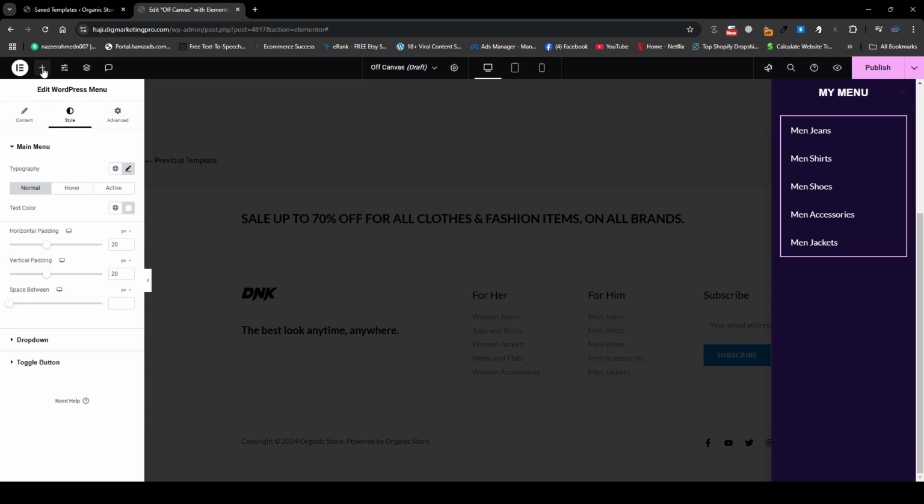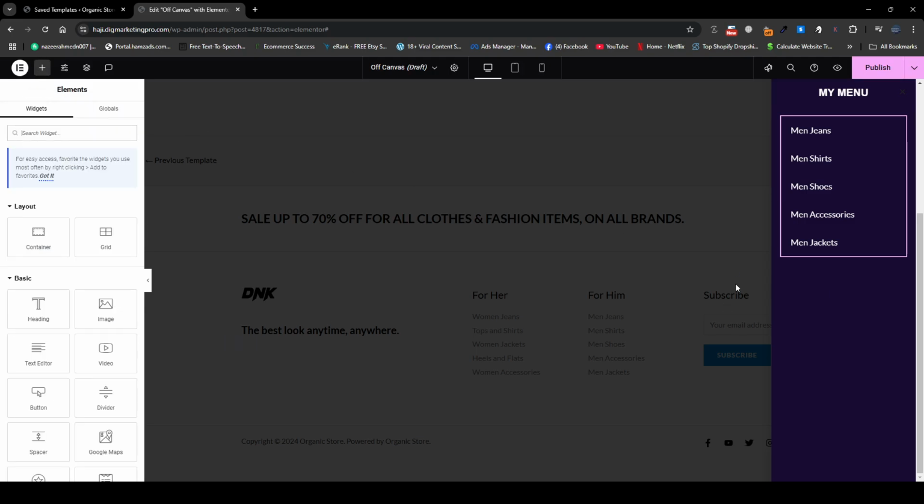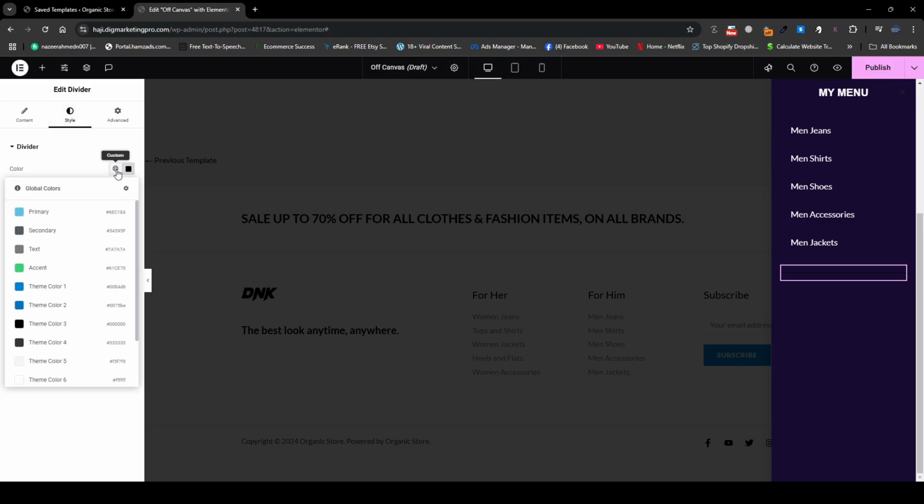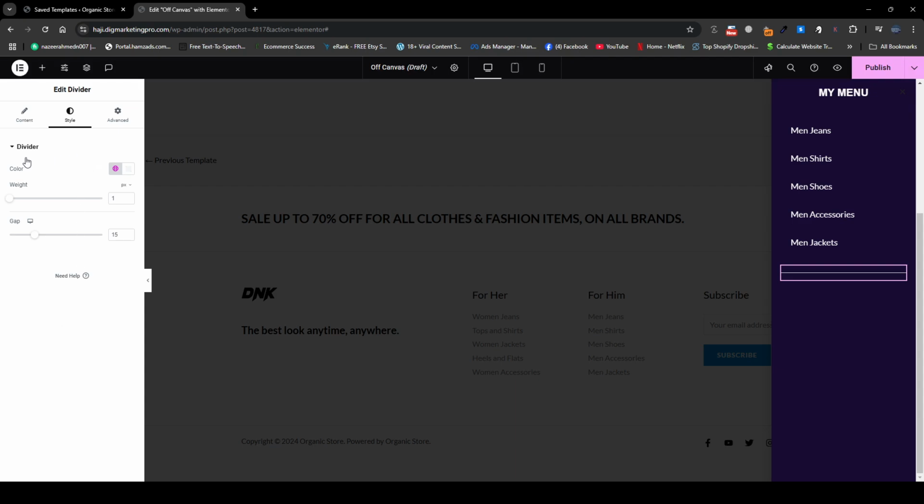Let me go back again, and here let me insert a divider. Now you can see the divider is solid, and let me make the color something like this. Let me go back and make it dashed. Now it's looking quite good.